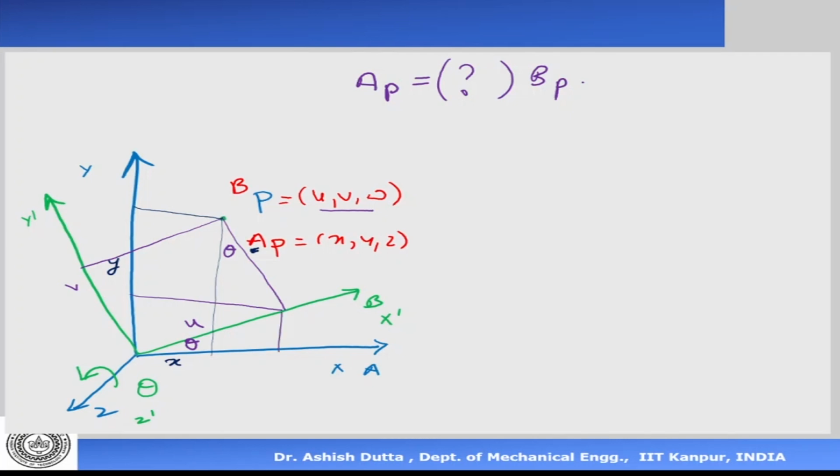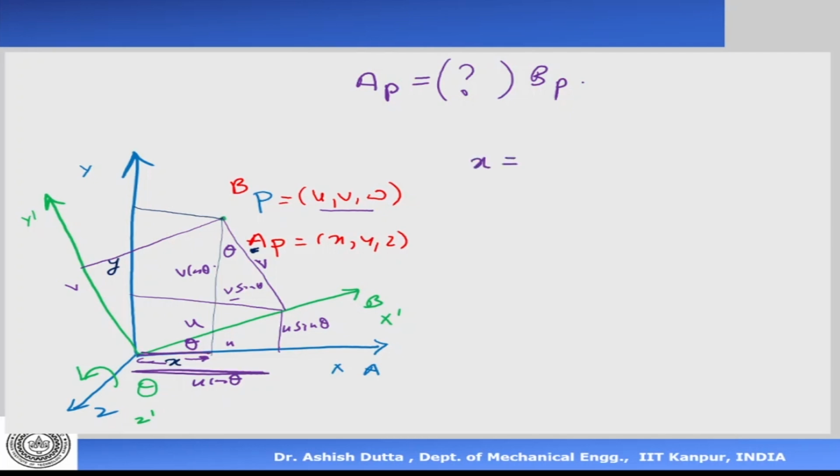So I make this construction and see that this is my distance x, and x is equal to... this full distance is u cos theta. So this is u, so this full is u cos theta, and this is u sin theta. This is my v. So this distance is equal to v sin theta, and this distance is equal to v cos theta. So I can geometrically find out x is this distance.